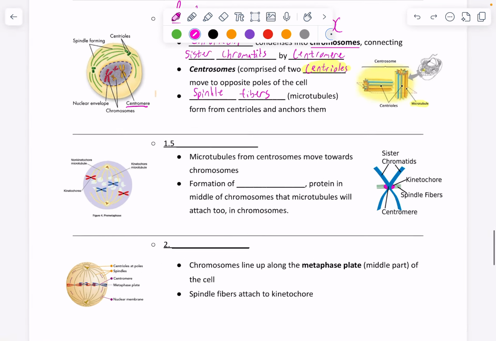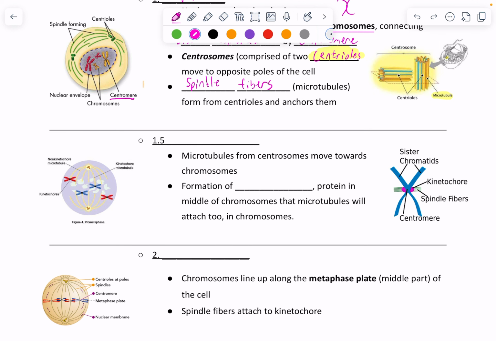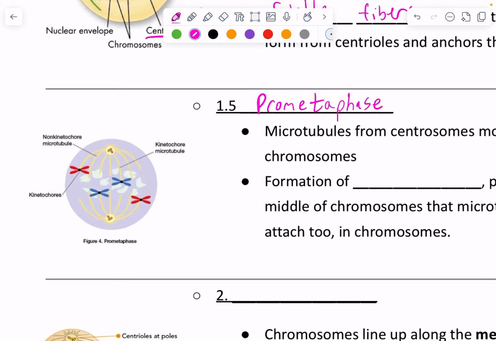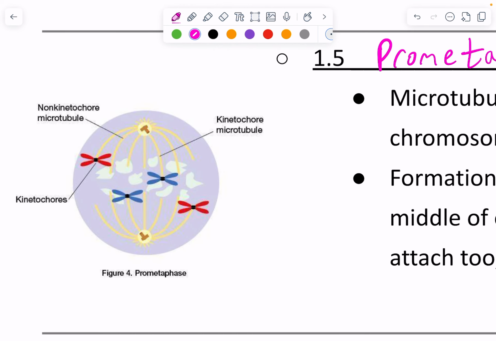Okay, so there are 4 phases of mitosis, but there's kind of a 1.5 step. This is prometaphase. During prometaphase, it's kind of the in-between between the two. Microtubules from centrosomes move towards the chromosomes. So we can start to see that here, right? This is our centrosome. Here we can see 2 centrioles, and our spindle fibers are coming out of